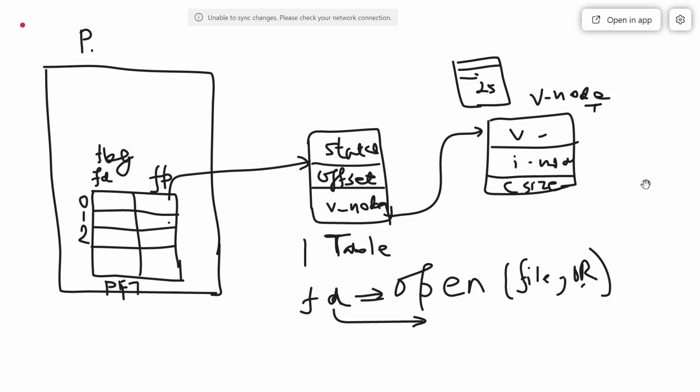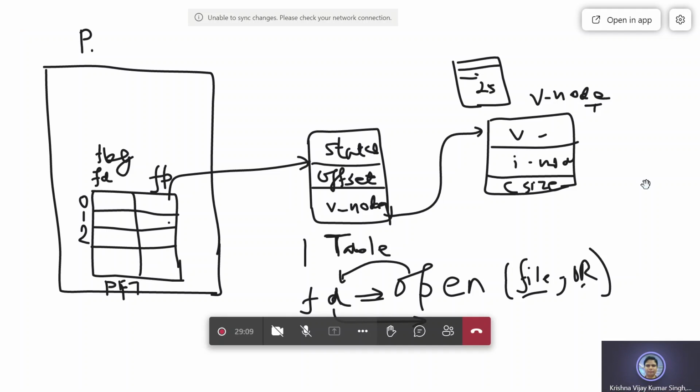So FD is basically the file descriptor. The open system call returns the file descriptor or a file handle on behalf of the file which is being opened. So file 1 is open, and corresponding to file 1, FD will be the descriptor for file 1.